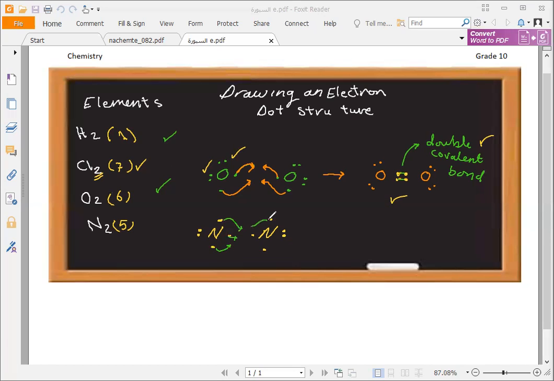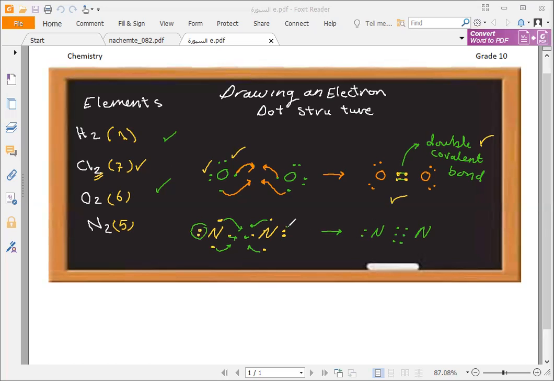Now, how many electrons are shared between the 2 atoms? 6. 3 from this atom and 3 from this atom. The rest of the dots, we draw here,